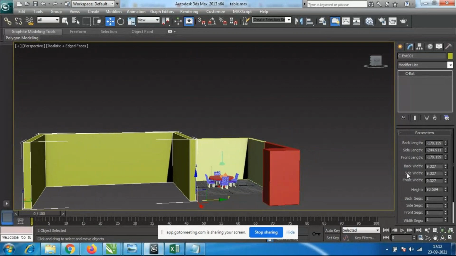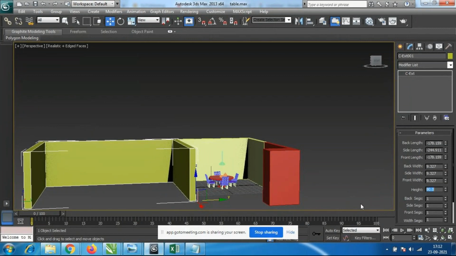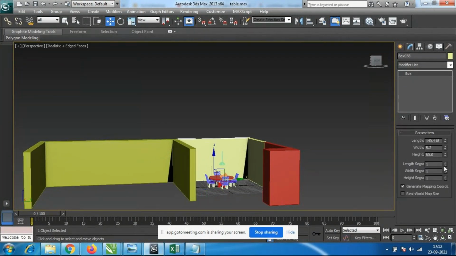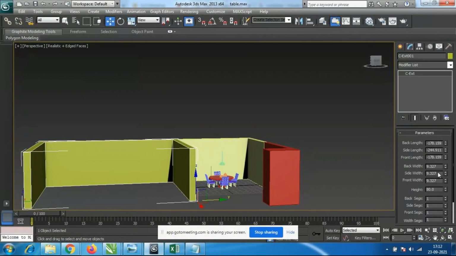Again, if I go to this property window here, again 80 is the height. And the thickness of the wall, width is 5.2. Here it is, width is 9.3. So 5.2, let me check where it is changing. Somewhere it is changing here. Side width, front width, look at here.